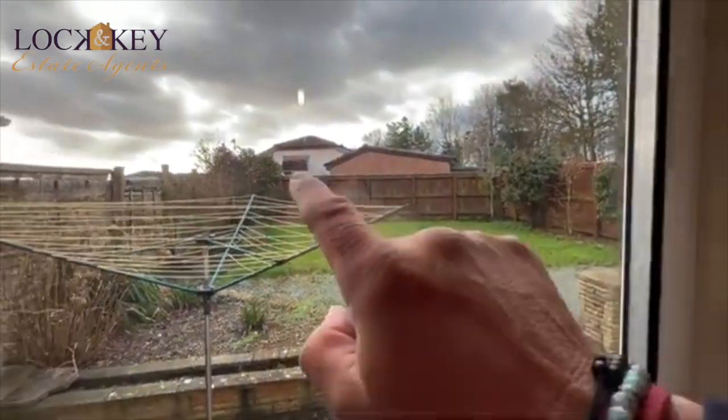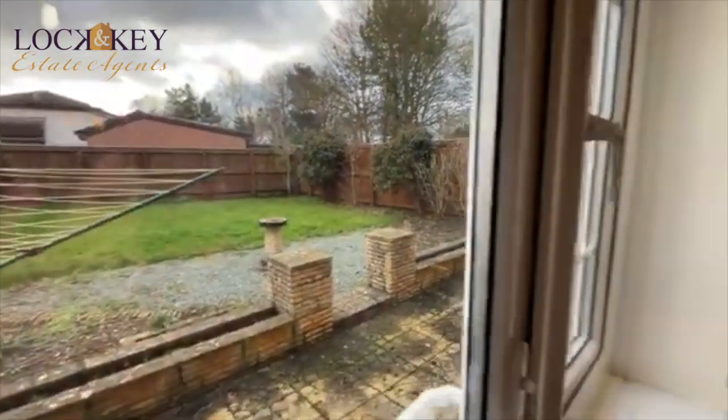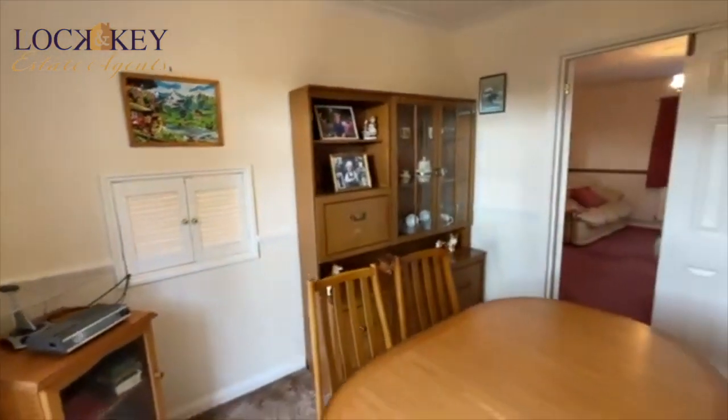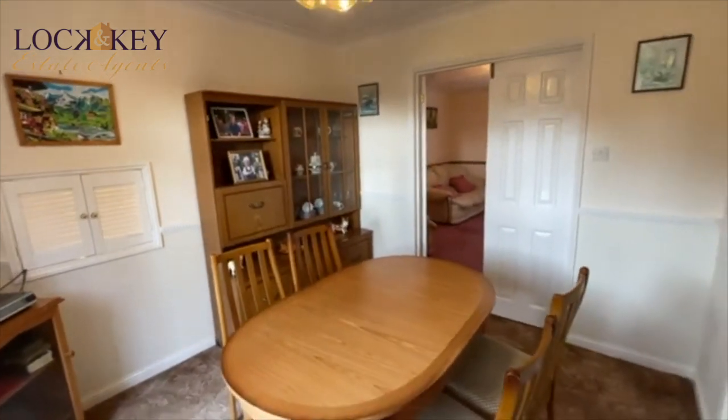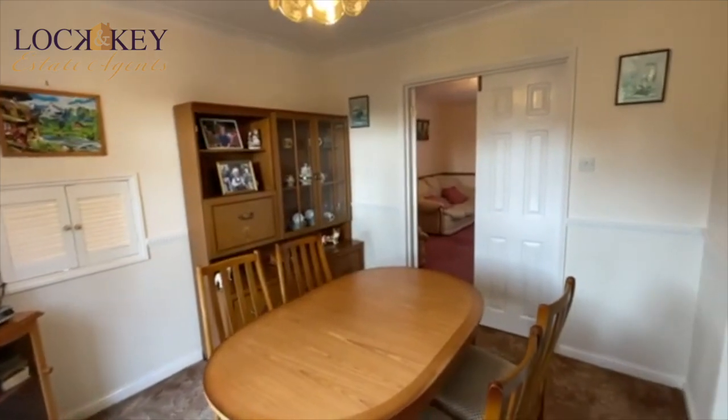You've got low-rise bungalows in behind you, but not houses. So you're actually quite private to that garden. But if I knock on this wall, obviously it's a solid wall, the serving hatch. I'll explain what my thoughts are later when we go into the kitchen area. But you can imagine why I'm going to knock through that wall, because I think this property needs to be